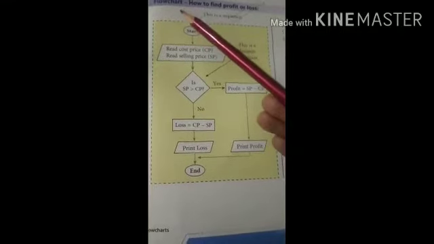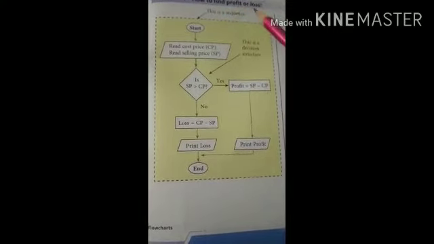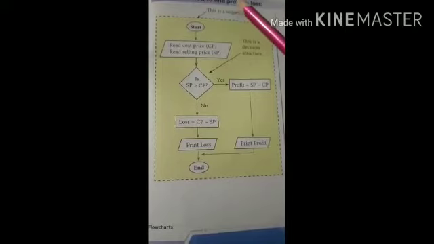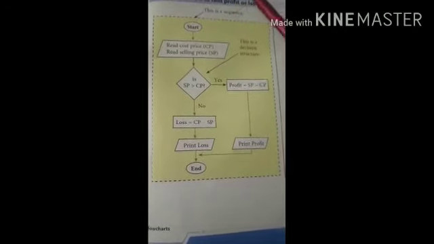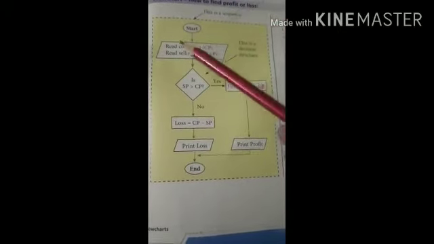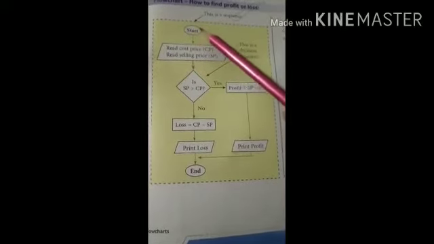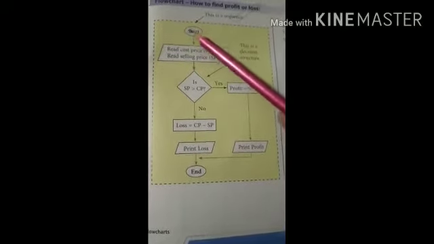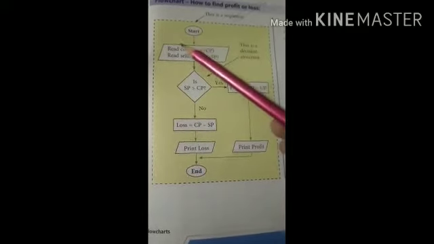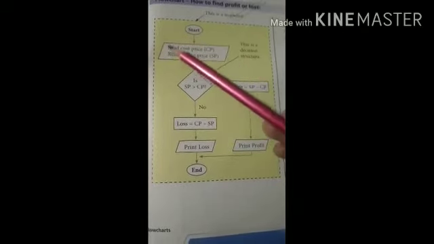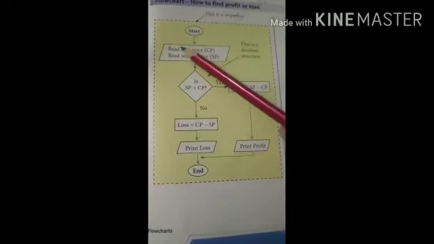Now let's have a look at this flowchart in which we're going to study how to find profit or loss. Now, what is profit? Profit means fayda and loss means nuksan. So how are we going to find out profit or loss? The first thing is, as you all know, a flowchart always begins with an ellipse shape. So in the ellipse shape, we're going to write start. It shows that the flowchart has begun. Then after starting, input will be there. Input, you all know, will come in the form of a parallelogram.